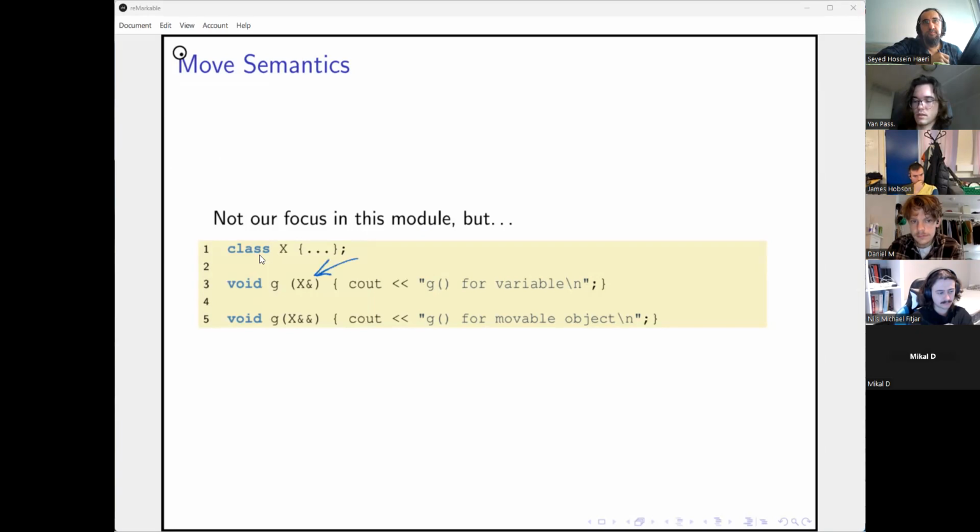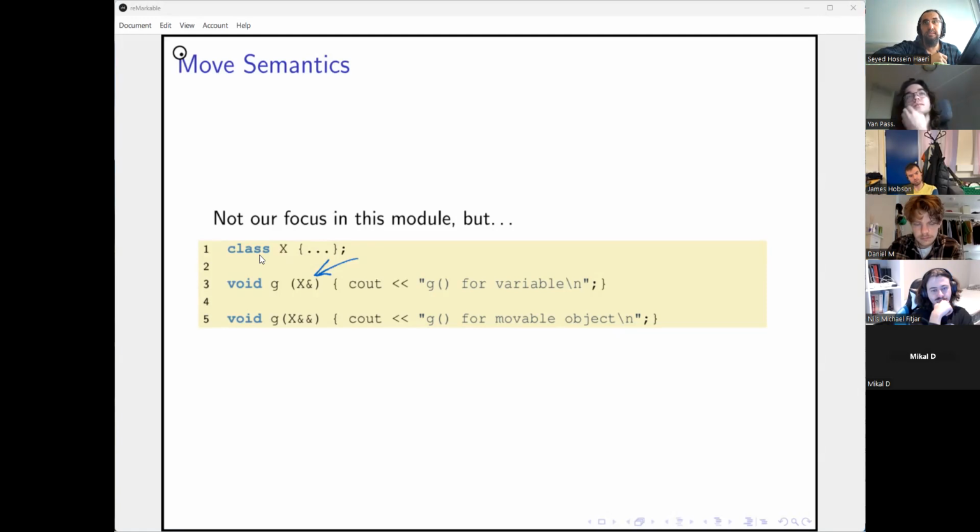So what G is saying is that when I am called on an instance of class X, do not make a copy of that instance. Just get hold of a reference to it, and I will do my changes in place, right? So that's that.